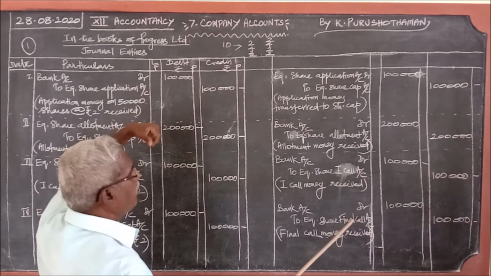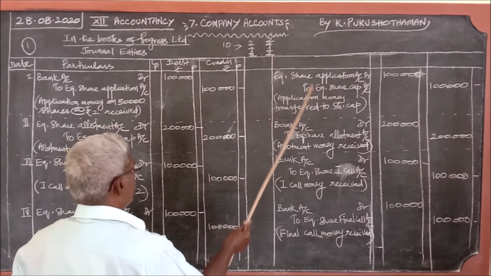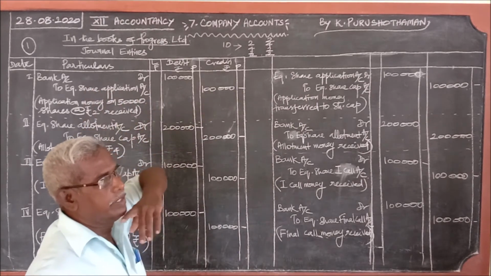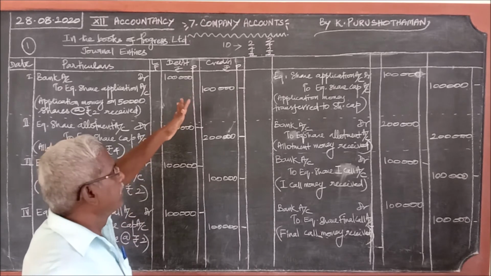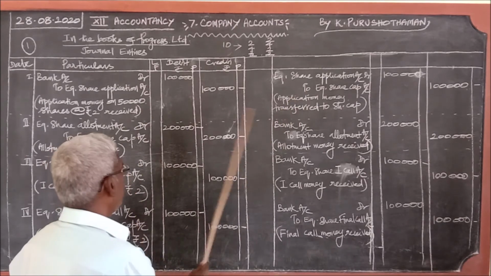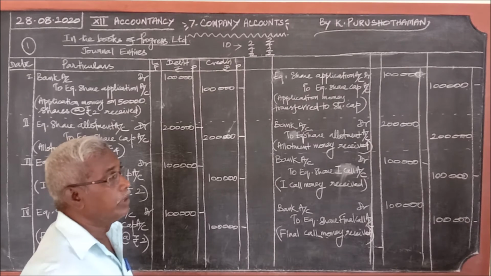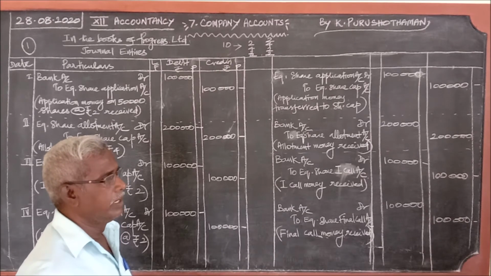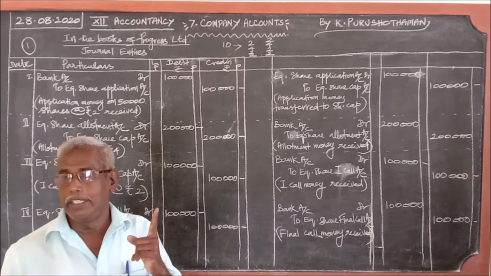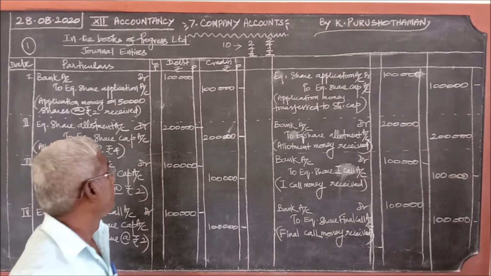Now, your problem is what to be written as journal entries in the particular column. And you may find here 8 journal entries. For counting the number of journal entries, there are 8: 2, 3, 4, 5, 6, 7, 8 journal entries. But don't think there are 8 journal entries. There is only one, I tell you. If you remember one journal entry, you can write the other journal entries. How? I shall tell you how.